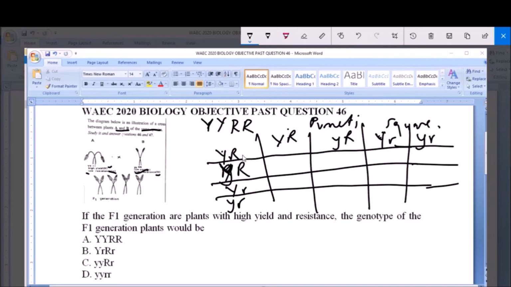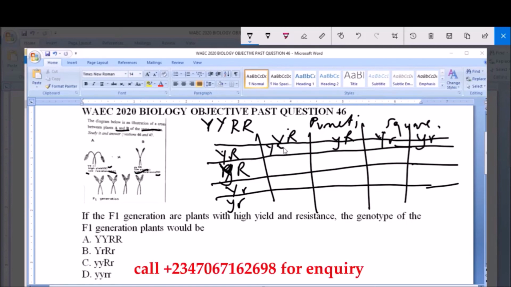So if you begin to do the genetic cross, if you start the genetic cross here, you will have this. On the next one, you will have capital Y, small y,